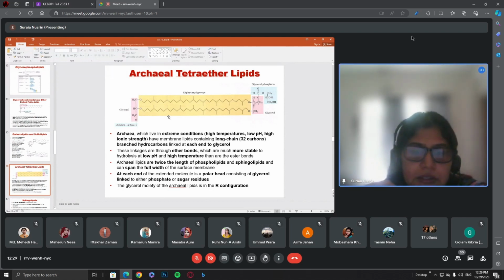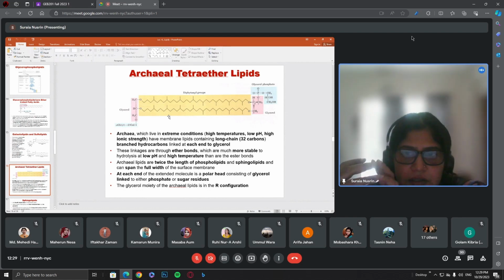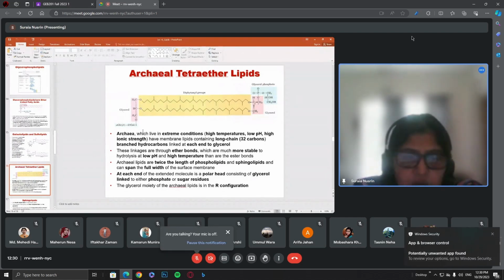And also these lipids are huge in size. That means they are twice the length of phospholipid and sphingolipid, and a single molecule almost spans the full width of the surface membrane. That is the ether lipid. Now if you look at the structure again, we can see at two ends glycerols are present, which are linked to the hydrocarbon chain by ether bond. And further,